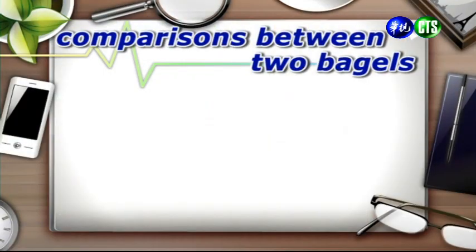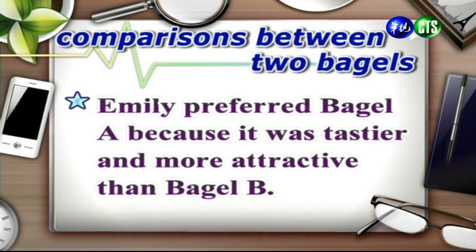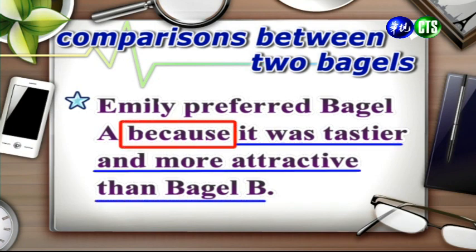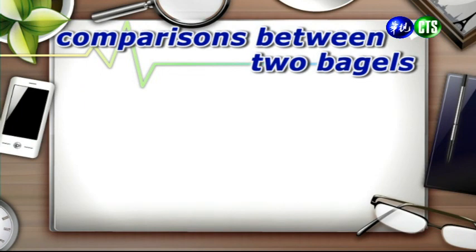And we could have a sentence like this one. Emily preferred bagel A because it was tastier and more attractive than bagel B. 我们可以写出这样的句子:Emily 喜欢 Bagel A,因为呢它吃起来比较好吃,而且呢比较有魅力胜过 Bagel B。